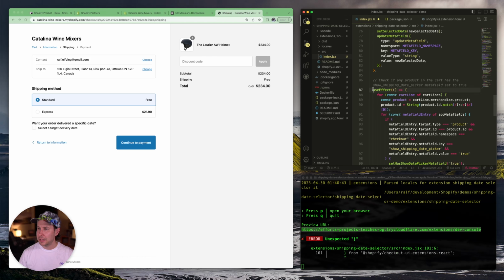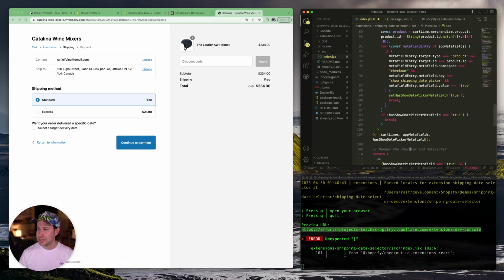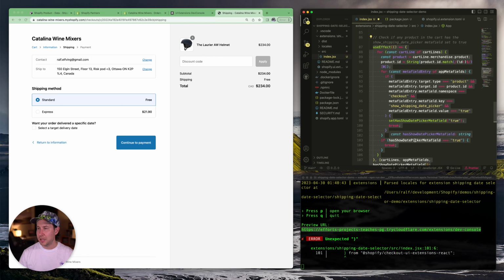And the big thing that we're doing here is this piece of code right here, where we're essentially going for every line item in the cart or every product in the cart. We go and check if that product has a particular meta field that we're setting, and if it has that value set to true, we know that we should be showing this